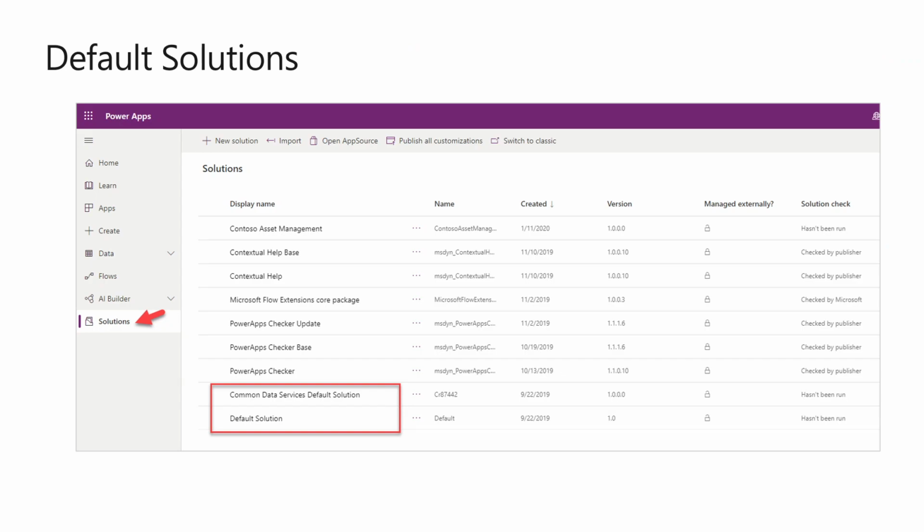The default solution, called Default Solution, is automatically provided for new environments and contains a list of all the components in the system, so you wouldn't generally work and change anything in there. There's over 1,000 components supporting the base. The Common Data Service default solution is also automatically created, and it's empty. When you make changes from the PowerApps Maker portal, this is the solution that will contain any of those changes